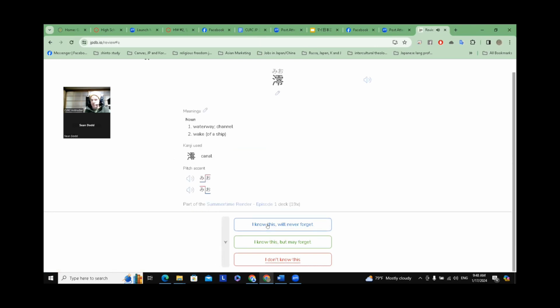And this doesn't count as one of your 20. It only counts as satisfying your 20 cards a day if you don't know it or you may forget it.